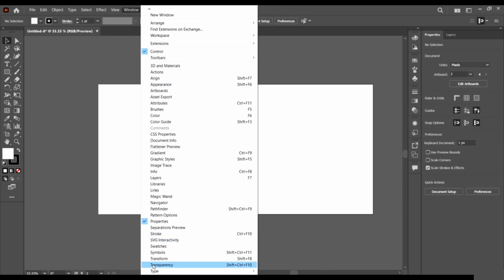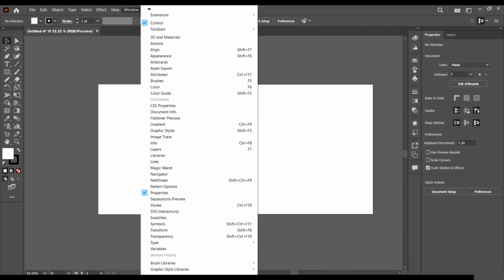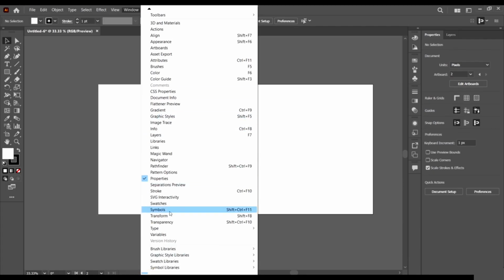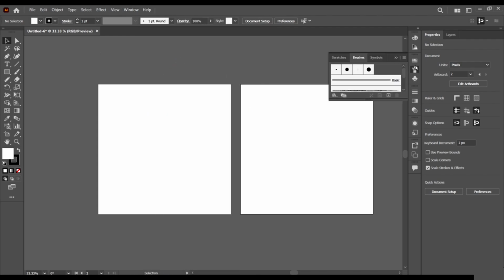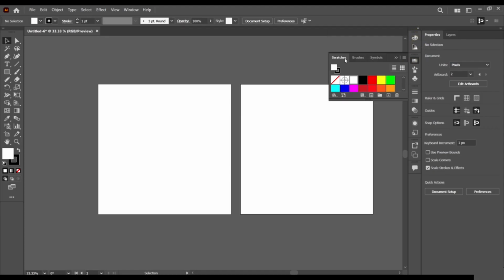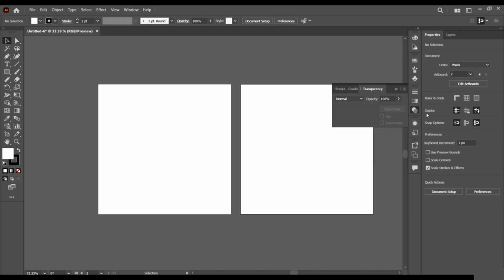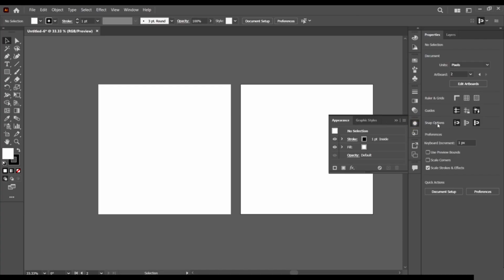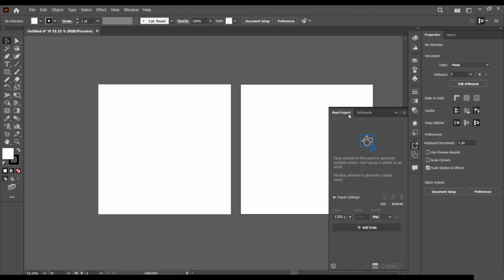Now we have many other panels. We have many other features in Adobe Illustrator which we can activate here. For example, let's see the brushes. Some of them are just docked here, and when we click on them, we have them opened like this. We have the color, and then the color guide. We have the swatches, the brushes, the symbols, the stroke, the gradient, the transparency, then the appearance panel, the graphics styles, then other ones like the asset export,